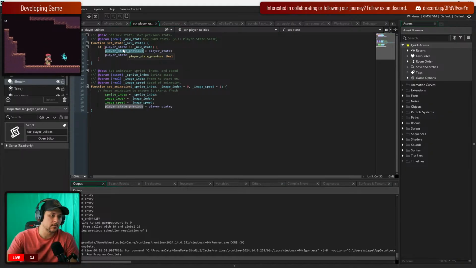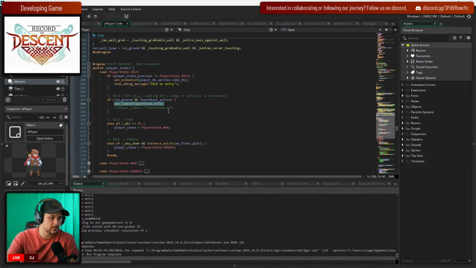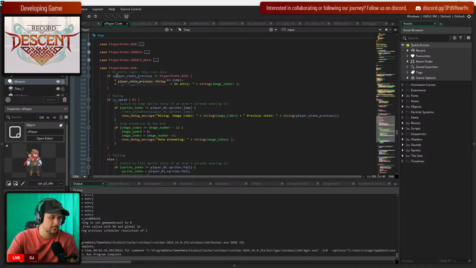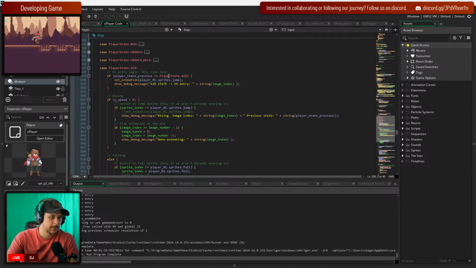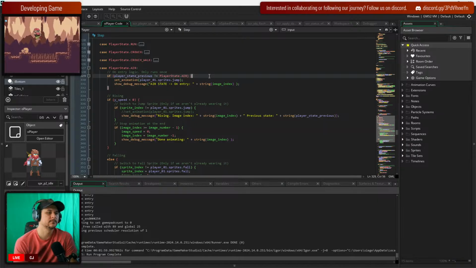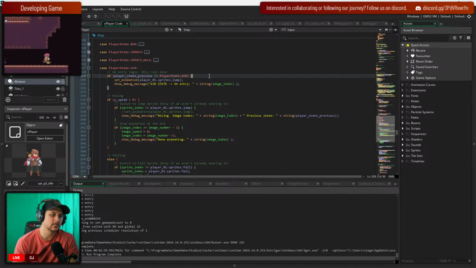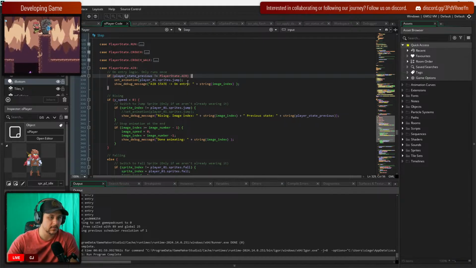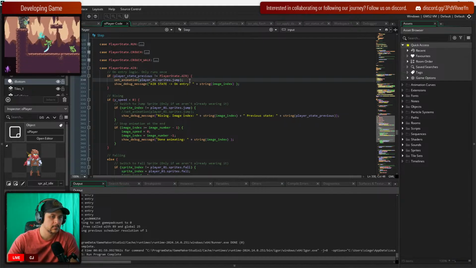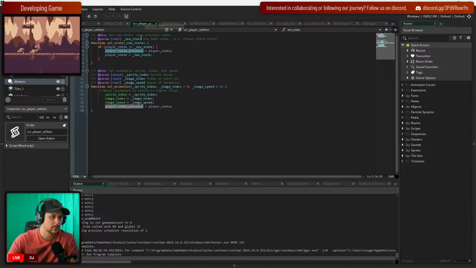No, I'm sorry, is idle. Then when you go into air, player previous is idle. So then set animation runs. Set animation